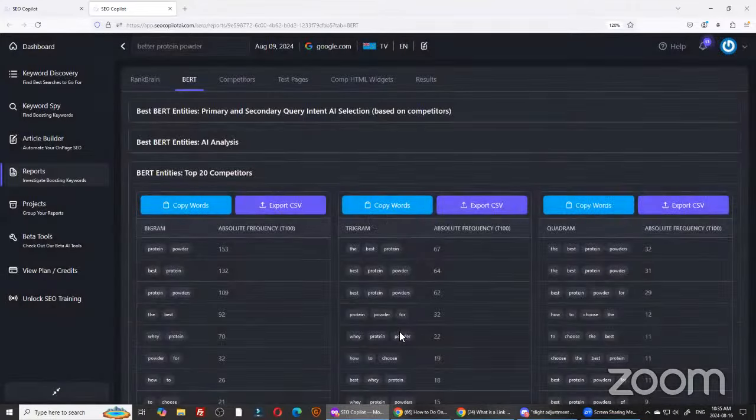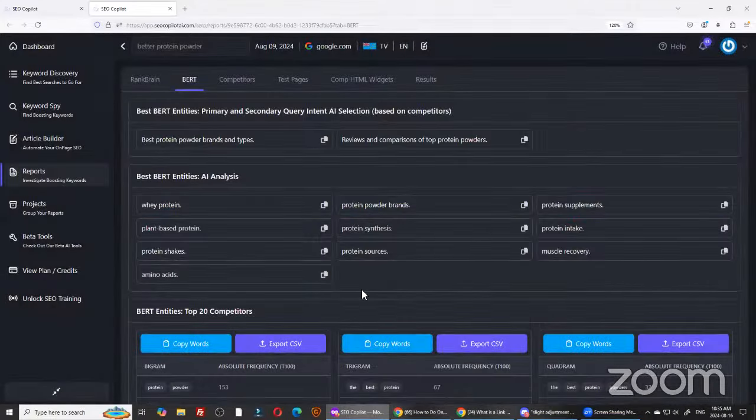In transformers, here is where you're going to find the transformer analysis of the query interpretation, or what some people call query intent. We call it the primary and secondary query intent. Google calls this query interpretation. Like when you type in best protein powder, they translate that to when you type in better protein powder, which hundreds of thousands of people do per month, which you never would have guessed if you hadn't done keyword research